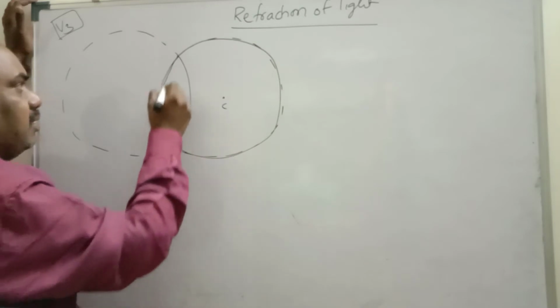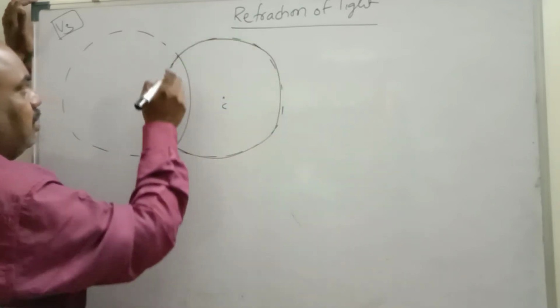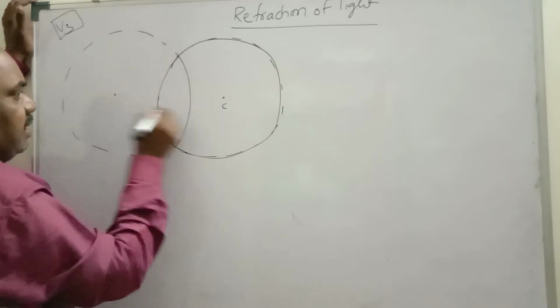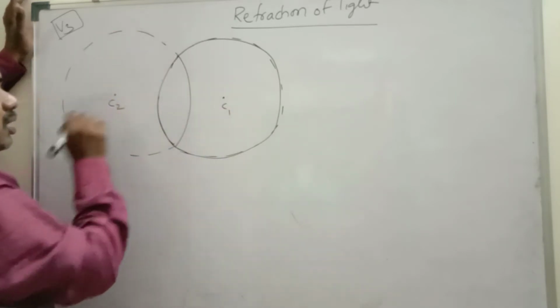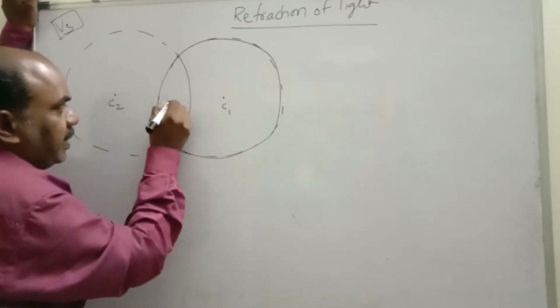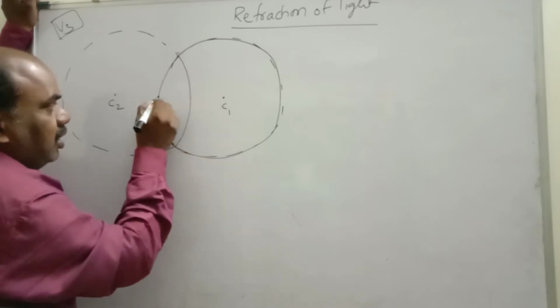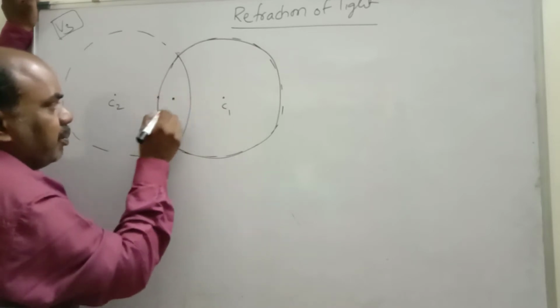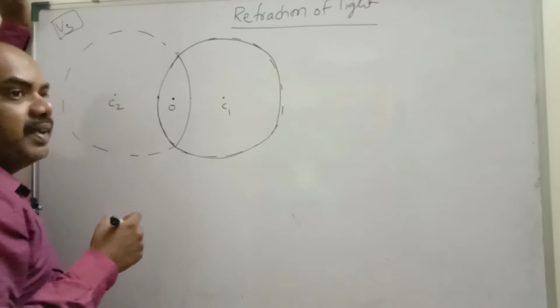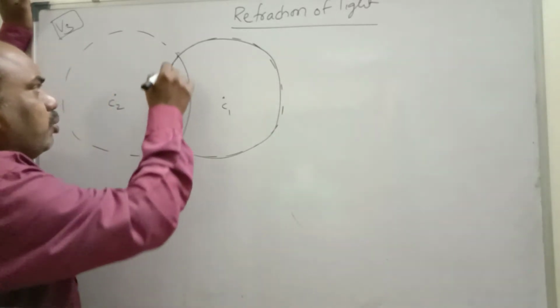Imagine this is a sphere. If you cut this part, you will get a curved surface from this whole sphere. Now, this is the center for this sphere. That means C1, C2. A lens consists of two curved surfaces. This is the optic center. For this curved surface, this is the pole, and for this curved surface, this is the pole. This geometrical midpoint is called the pole. We call it the optic center in lenses. In mirrors, you call it the pole.